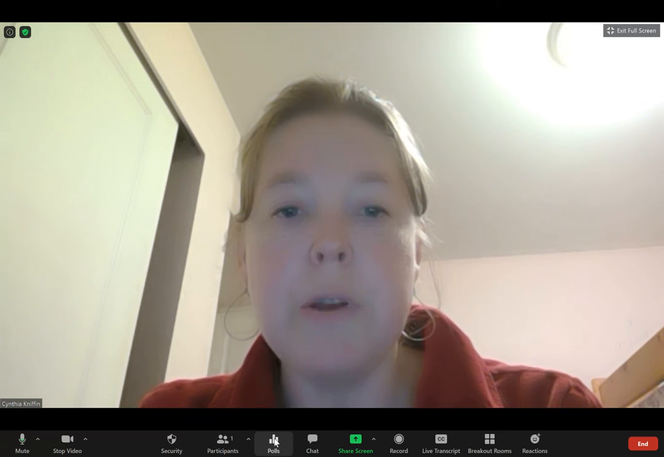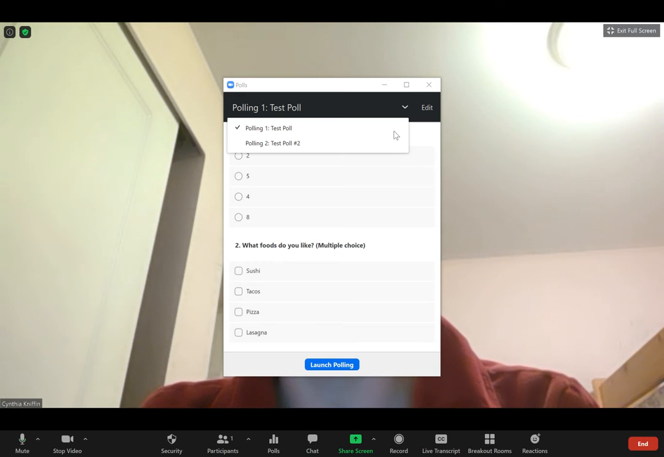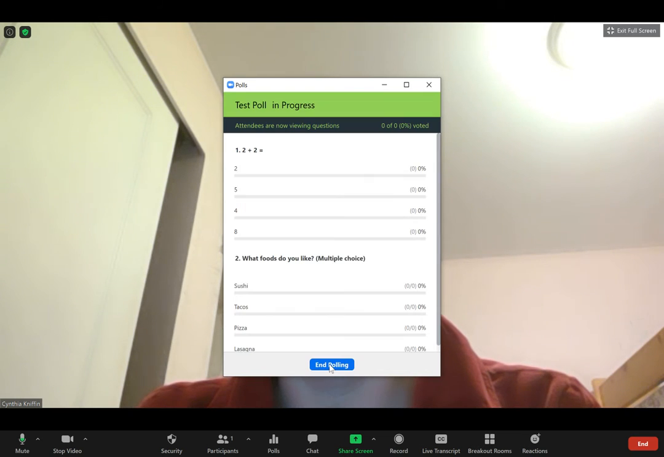So I might be talking with my students for a while. When I'm ready to launch my poll, I just come down here. At this point, only I can see it. I could even edit the poll if I needed to. Here's where I can toggle back and forth and choose which poll I actually want to give at this moment. So when I'm ready to launch my poll, I will click this